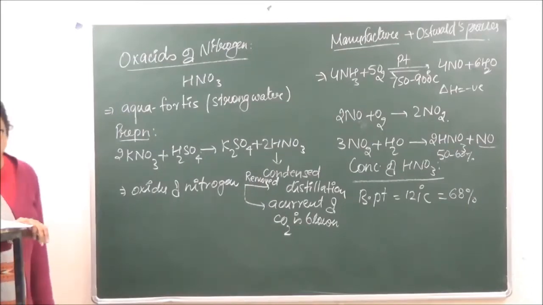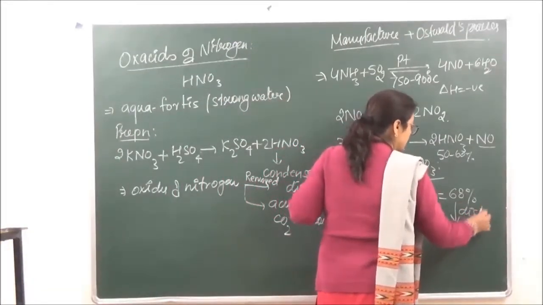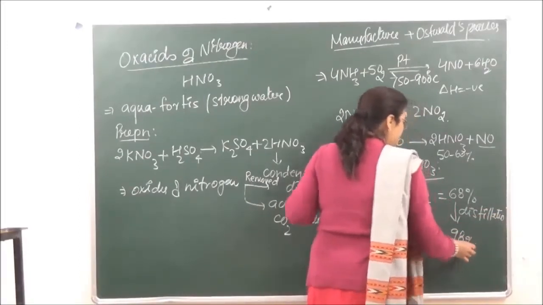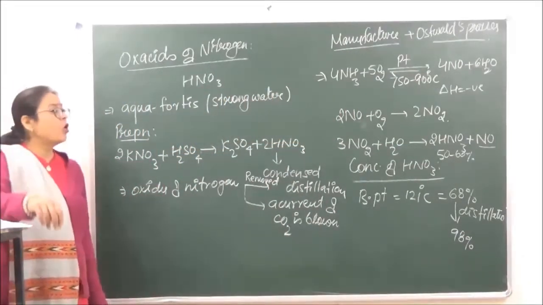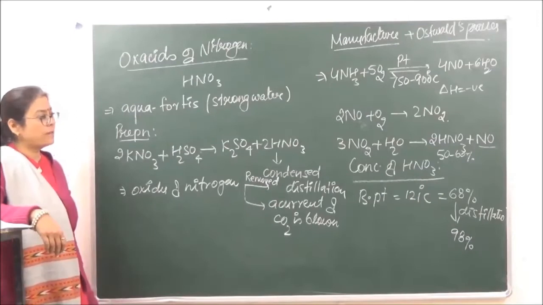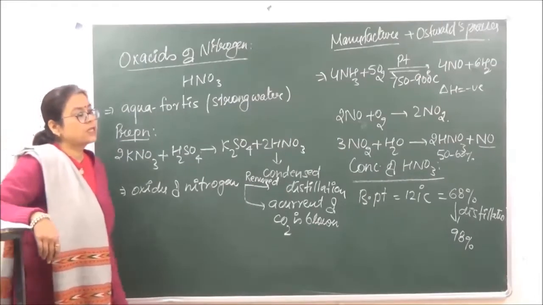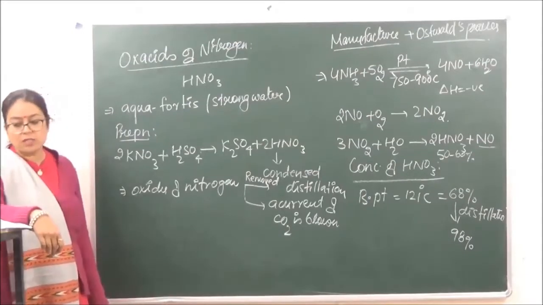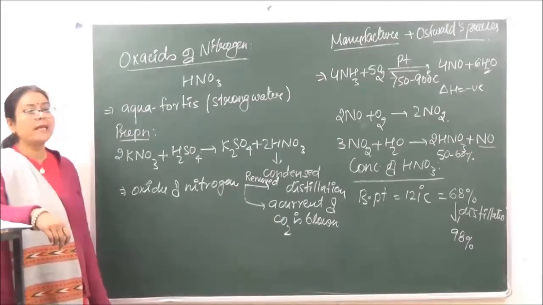the ordinary distillation which we do, and by doing the ordinary distillation we obtain 98% of the acid. Right? So what have we done? First we have prepared it by Ostwald's process. वहाँ पे हमको 50 to 60% मिलता है, फिर उसका हमने azeotropic mixture बनाना है 121 डिग्री सेल्सियस पे, जहाँ पे हमको 68% मिल रहा है, फिर उसकी हम distillation करते हैं to give us the purest form of, or the most concentrated form of HNO3, which is 98%. ठीक है?